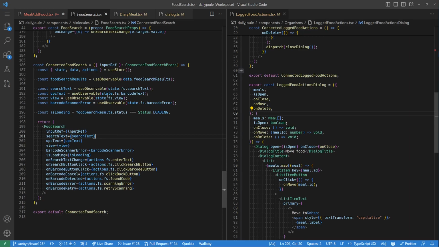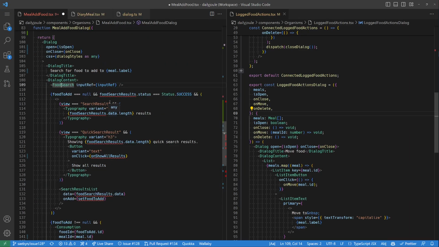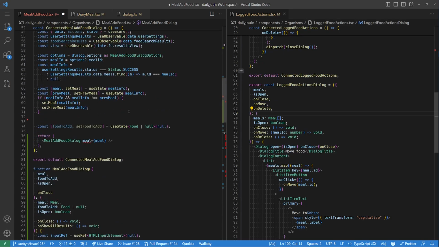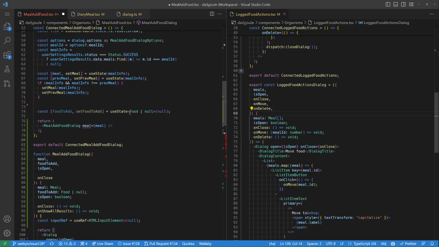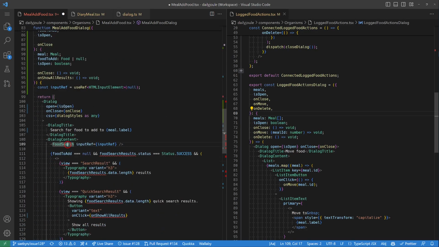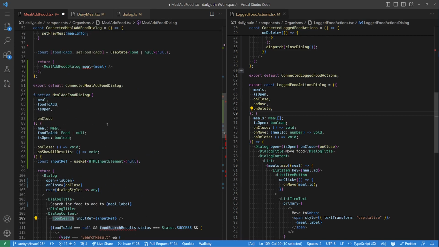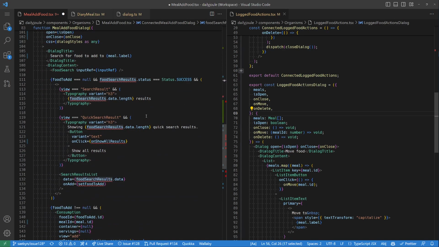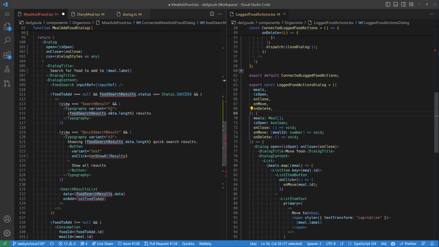That we will reduxify later. But then that information appears again above the component that's using it in this dialog, right? So we're getting the food search results here to be able to then pass into a sibling component of the food search, which is